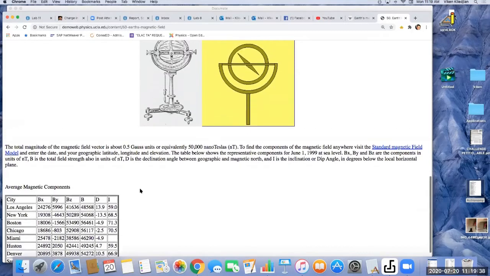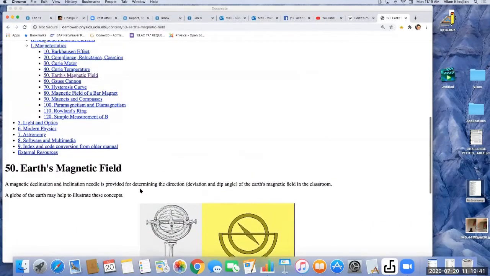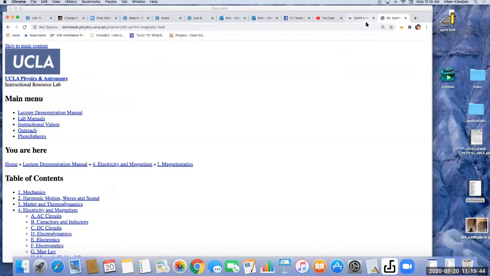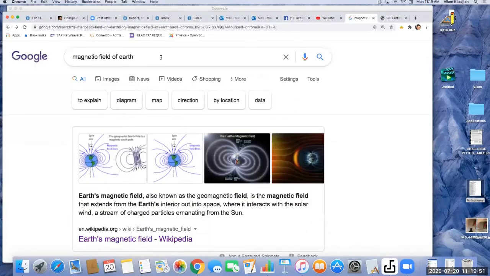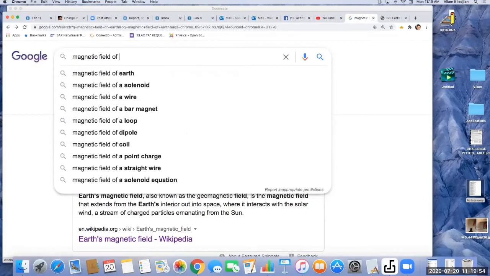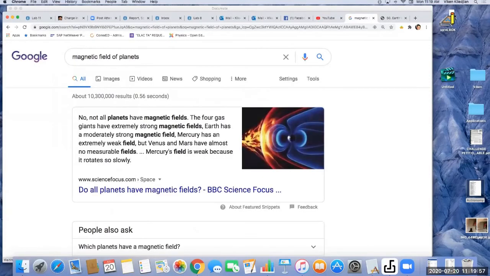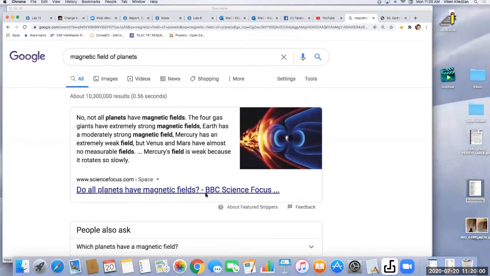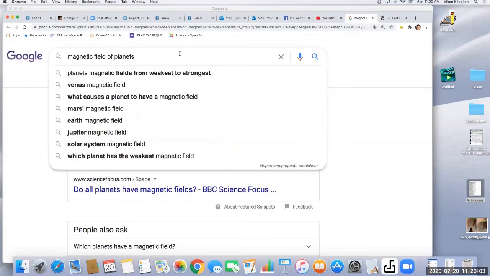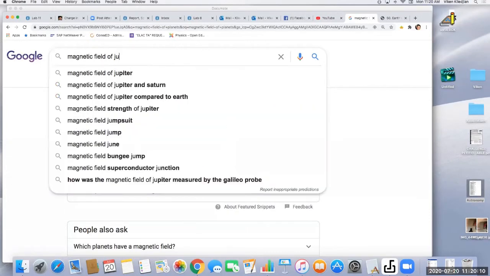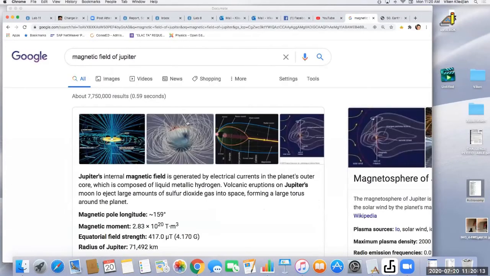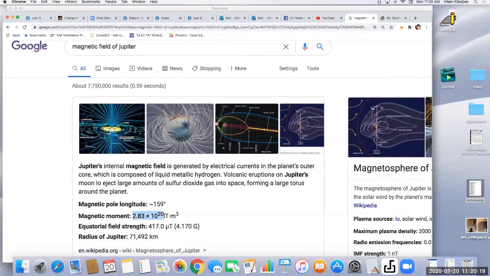Okay, cool. So it's nice to know a little bit about the field. Magnetic field of planets. Jupiter's magnetic field is huge. Oh, magnetic moment is something that I'll tell a little later. Magnetic field strength,